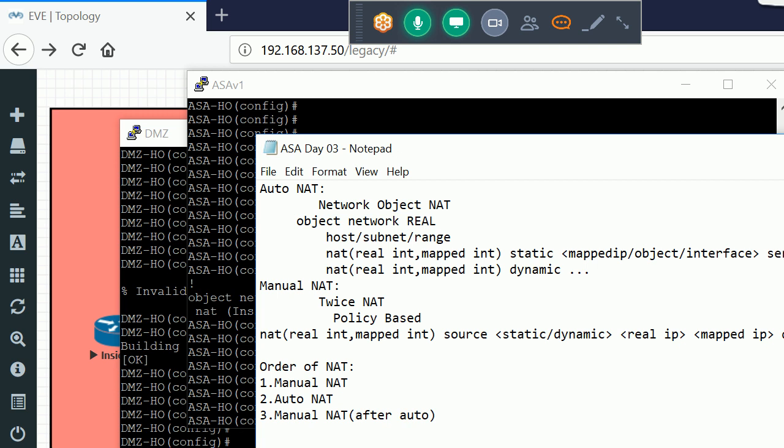So we are going to configure the static NAT. Anyone know what static NAT is and why we use it? Anyone unmute and tell me.